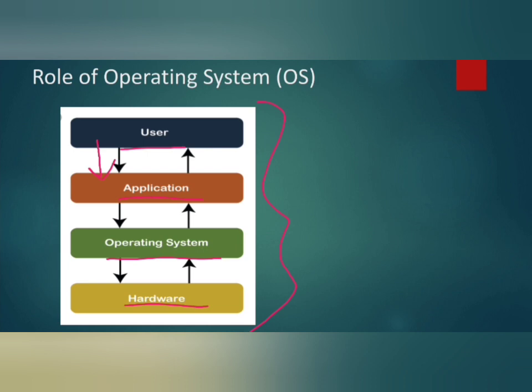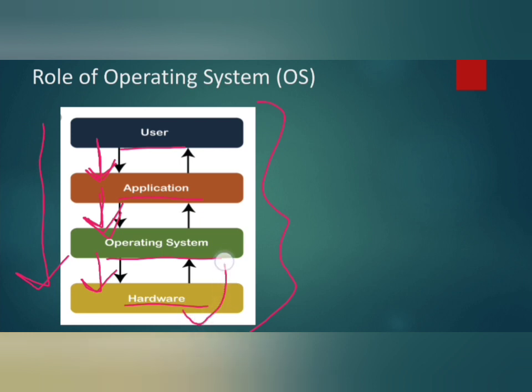So these are application software. The user interacts with the application. What does the application software do? It interacts with the operating system. That means it asks the operating system for the instruction to carry out whatever the user has given. So the user interacts with our application software, the application software interacts with the operating system, and the operating system interacts with hardware. Fine. So this is the way the input goes, and how do we get the output?